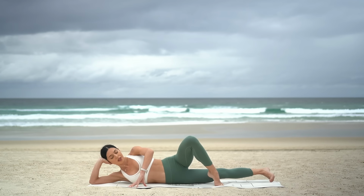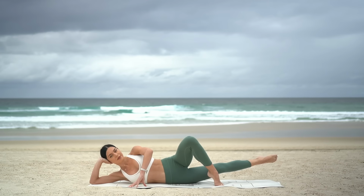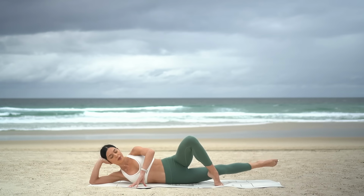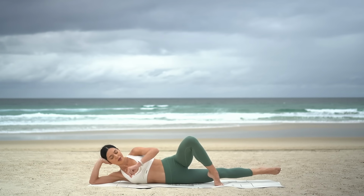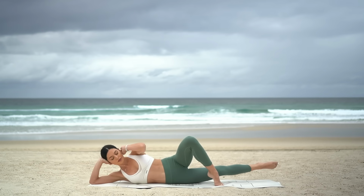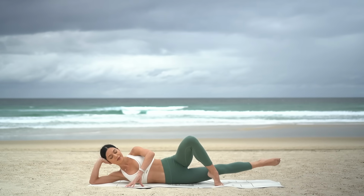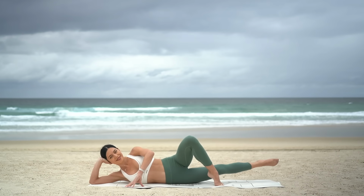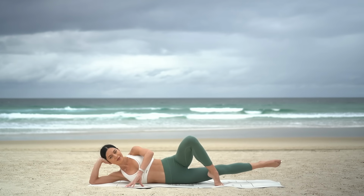On this next one, hold your leg lifted, point your toes and draw little circles for 10, 9. Really reach through your toes. 7, 6, 5, 4, 3, 2, 1, and reverse. 10, 9. Can you lift your leg up a little bit higher? 6 more. 5, 4, 3, 2,